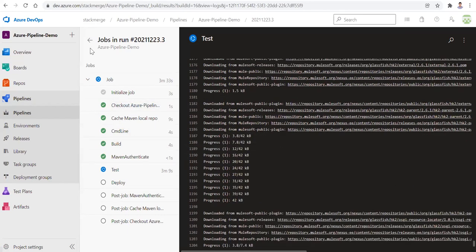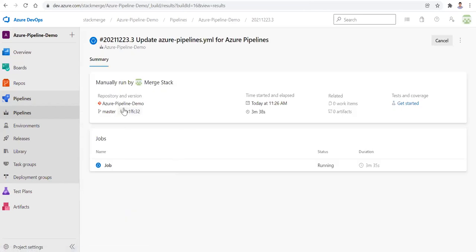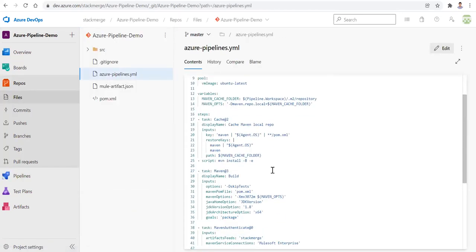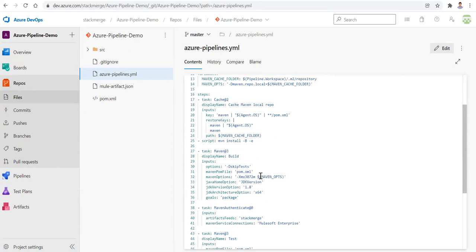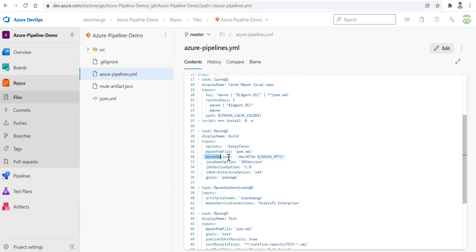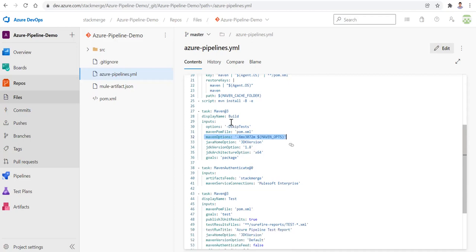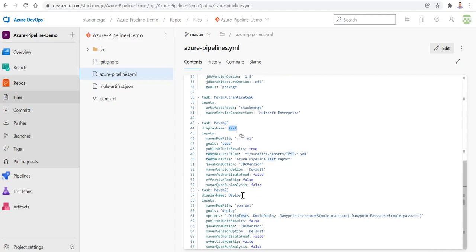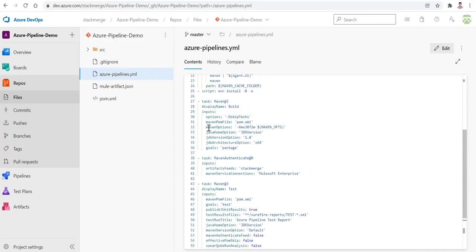First, let me show you the pipeline. See, we are using the cache variable, the cache option here in my environment option. Wherever you have a task, you can go ahead and add this option, and that will save you a lot of time. I actually added it in the build process, but I forgot to add it in test and in deploy. So definitely it will take that much time, but in the next run I'll add this option. This is the option, okay, guys.